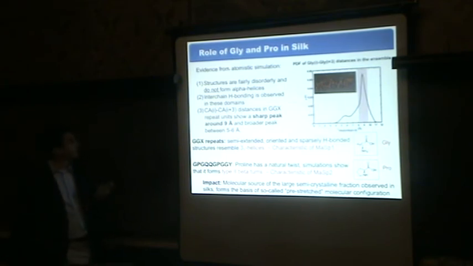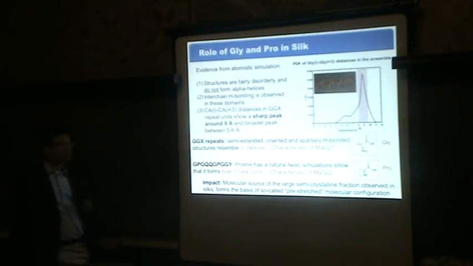And then when we look at the evidence from atomistic simulations, we also look at the probability of every third amino acid and how different the spacings are going to be. And when you plot that probability distribution, we find that every third amino acid in glycine is separated by approximately 9 angstroms, which is also in line with what is observed